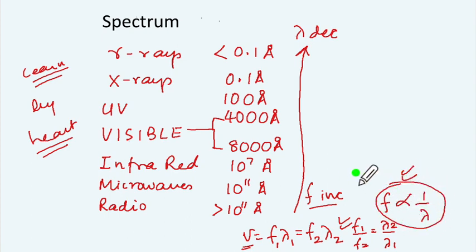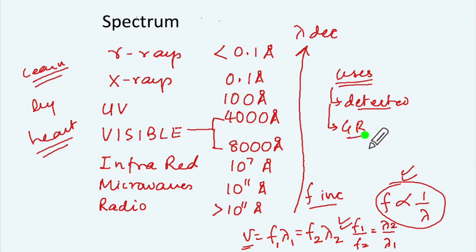So you got to remember these things and also learn all the uses of this and also how they are detected. These become good MCQ questions. So remember uses, detection, and also the give reasons why gamma rays are used in checking the welding, or why X-rays are used for checking the fracture in bones and teeth. Alright, so all these give reasons that are there, they are also going to be incorporated in the MCQs.